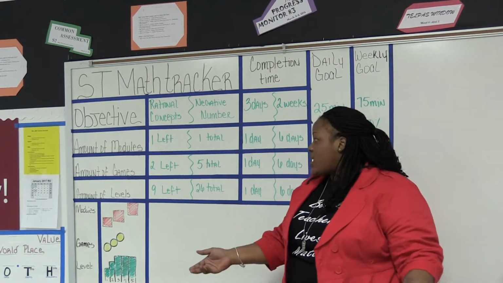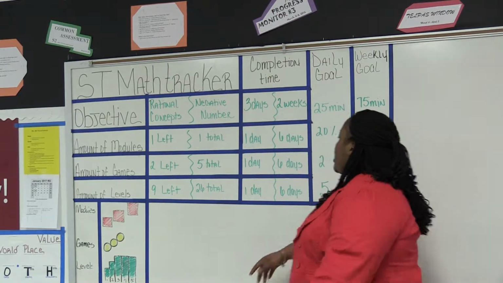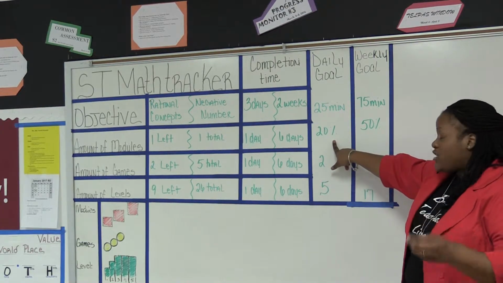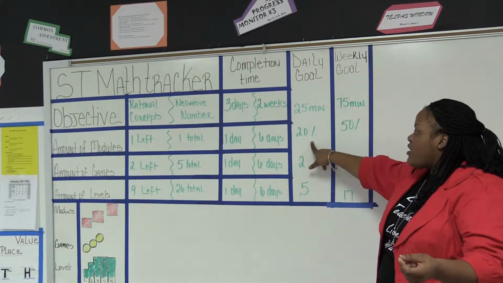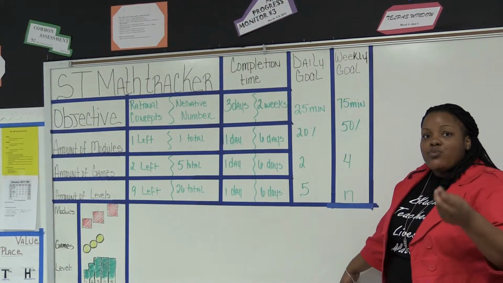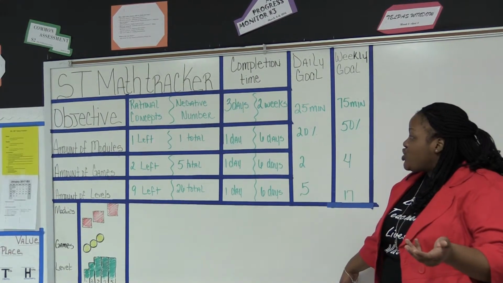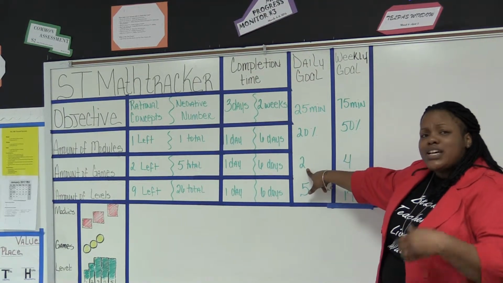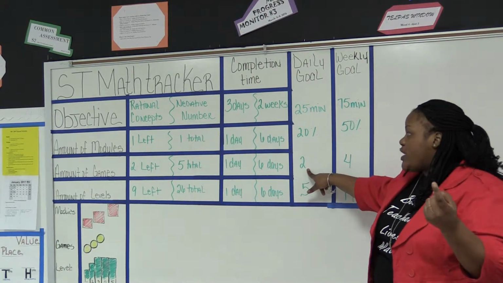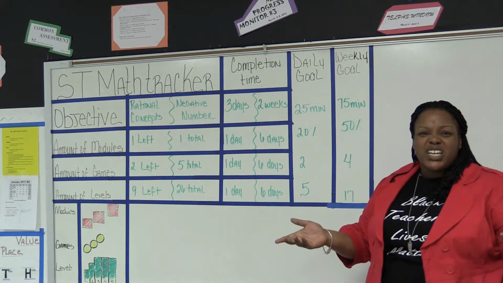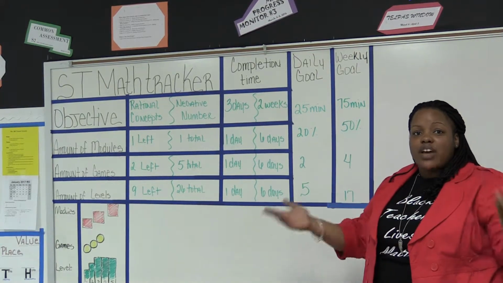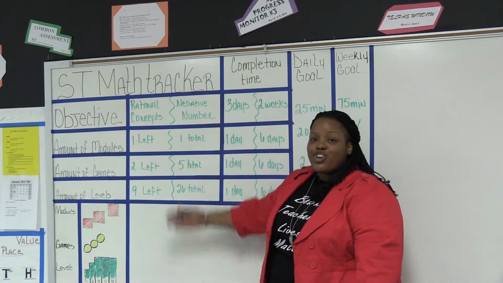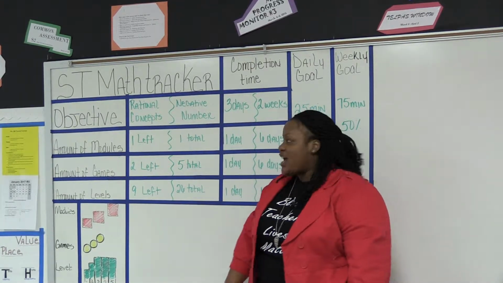At the end of those 2 weeks, I realized they're still on this, so let me give them an additional week. In those 2 games, with the levels that you had left, I said you had 20%. Every day you had to be doing at least 20% of the module that you had left. If I gave them an additional week and we do 20% per day, that basically puts you at finishing on that Friday. For the 2 games you had left, if I tell you to do 2, it doesn't mean you have to do 2, but I expect you to at least have 1 game left. And if we had 15 levels left for that week, 5 levels per day would have gotten them to Friday. They would have been completed with their levels. If you're done with the level, you're done with the game, and if you're done with the game, you're done with the module and ready to move to the next objective,